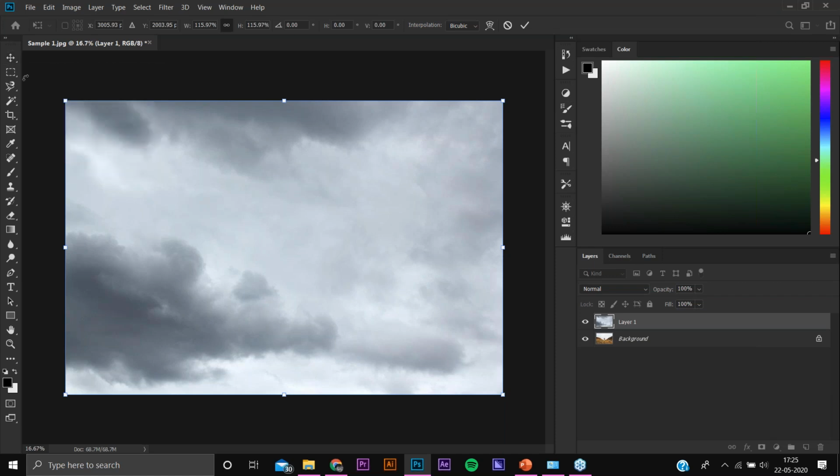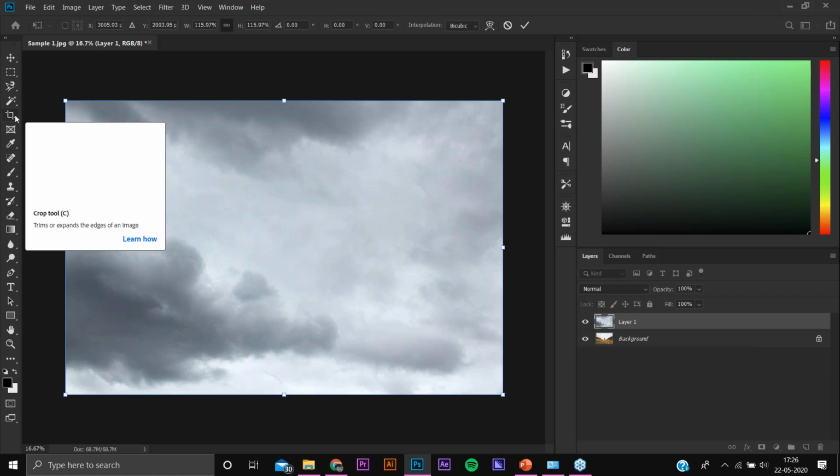Another one below it is also a selection tool, known as the Lasso tool, as well as the Magic Wand tool, which is used for selection purposes. Then the fifth tool from the top is the Crop tool. Generally, the Crop tool is, like you have seen in Snapseed editing also, a basic tool used for cropping the image.